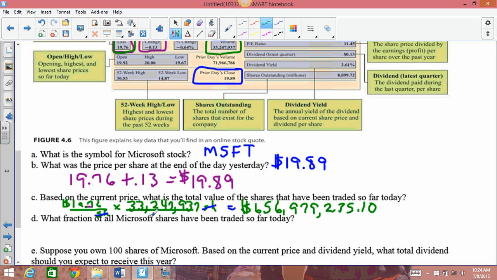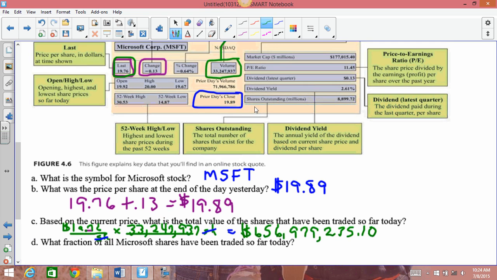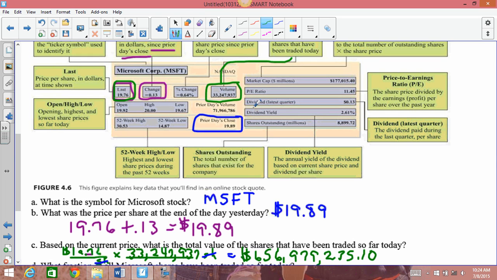Part D, what fraction of all of Microsoft shares have been traded so far today? So we know how much has been traded, but we want to know, okay, well, what fraction does this represent of the total amount? So we need to come up here and figure out, well, how many total shares does Microsoft have? Shares outstanding represents the total number of shares for the company. So we can see here then that Microsoft has